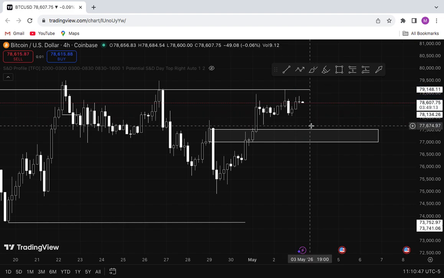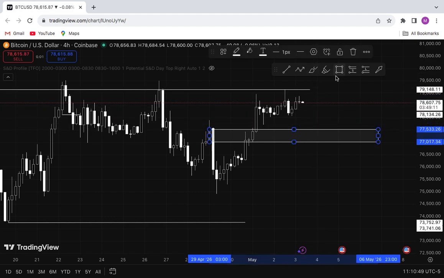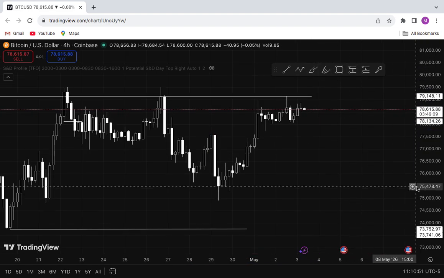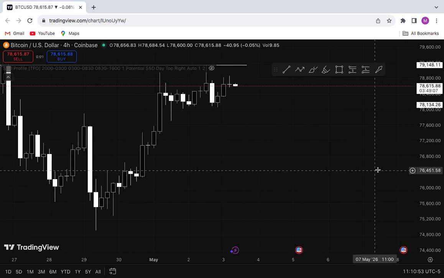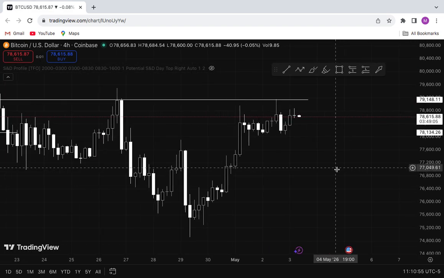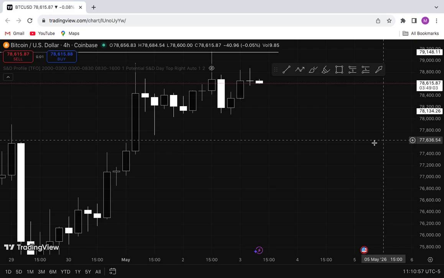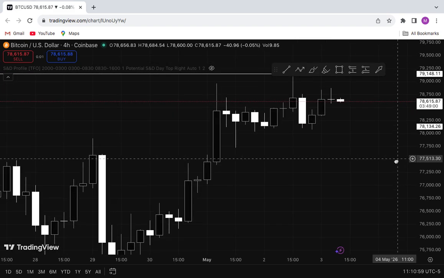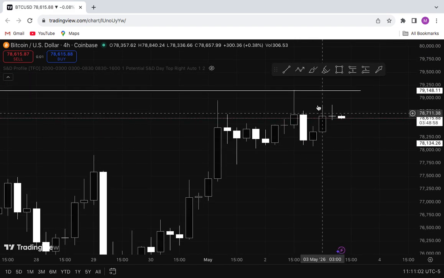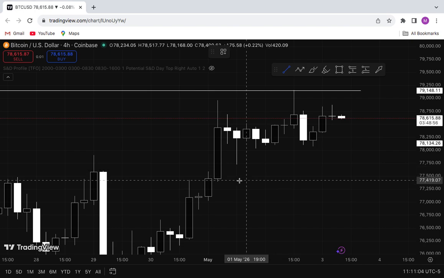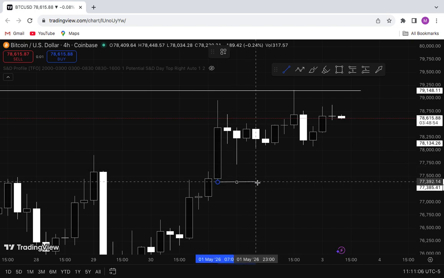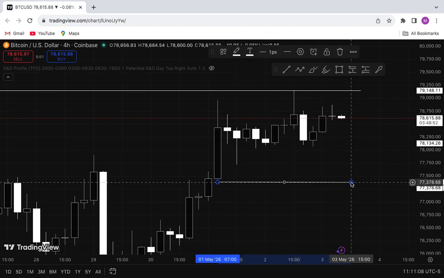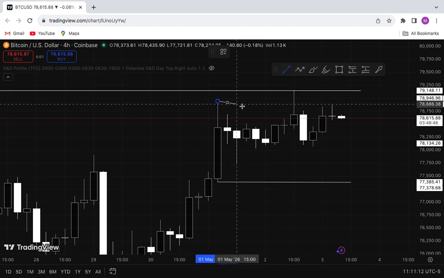Now, how can I trade this dump to the downside? That's where you have to understand ranges. I'm a candlestick trader. I trade based on candlesticks and I trade based on range. I am focused on this 4-hour range, so we have the range high and the range low.